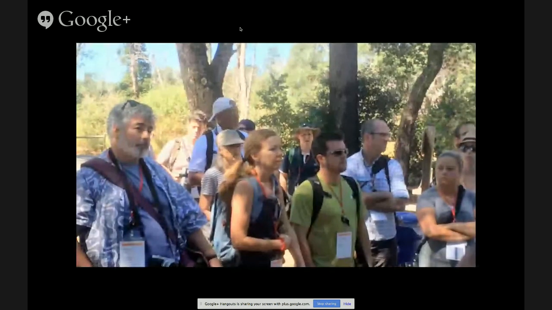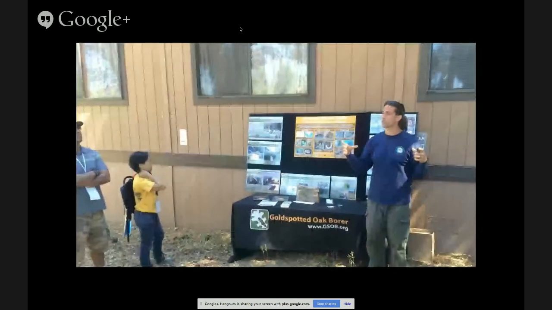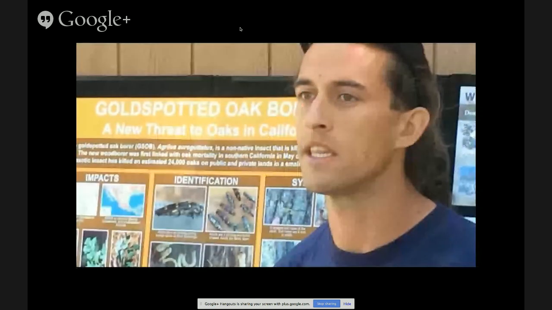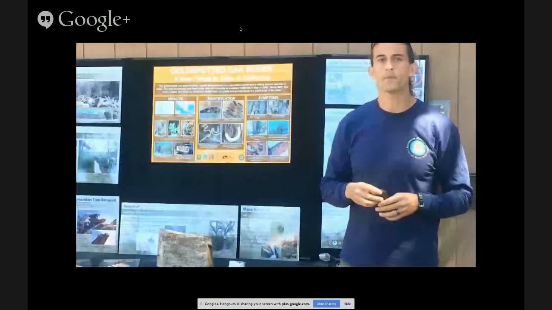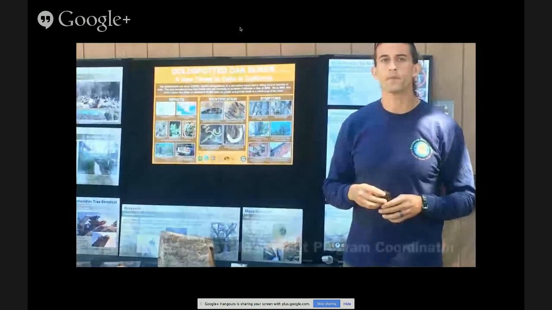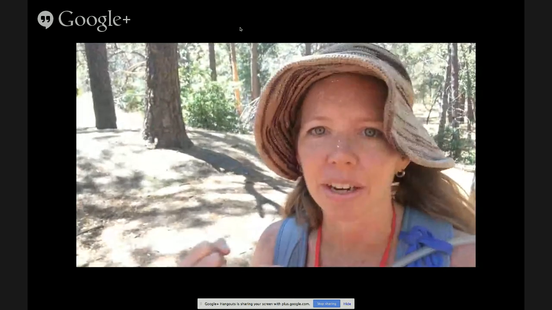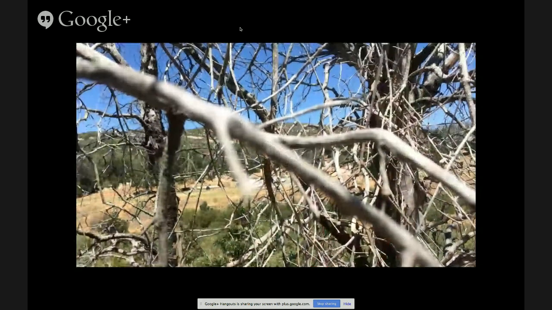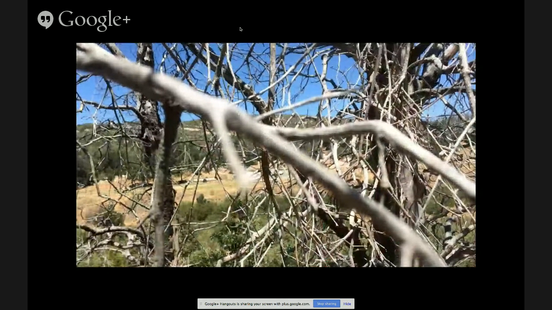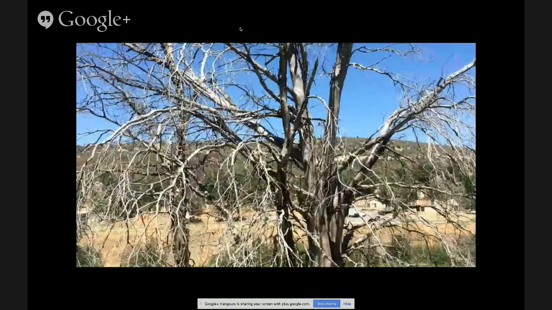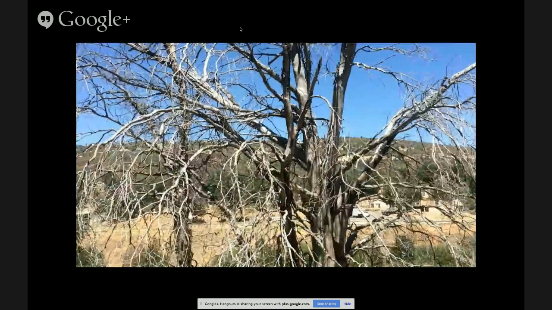So we stopped and we listened to an environmental scientist at Cuyamaca Rancho State Park, and he was talking about a specific beetle that was brought in from Arizona. I thought it was really interesting that in Arizona, because they get a lot of water, the trees and the beetle kind of coexist naturally, but when they were brought into an area in California where there's a lot of drought, the tree cannot sustain the beetle because the tree itself is already fighting for water, and then the beetle is taking away those